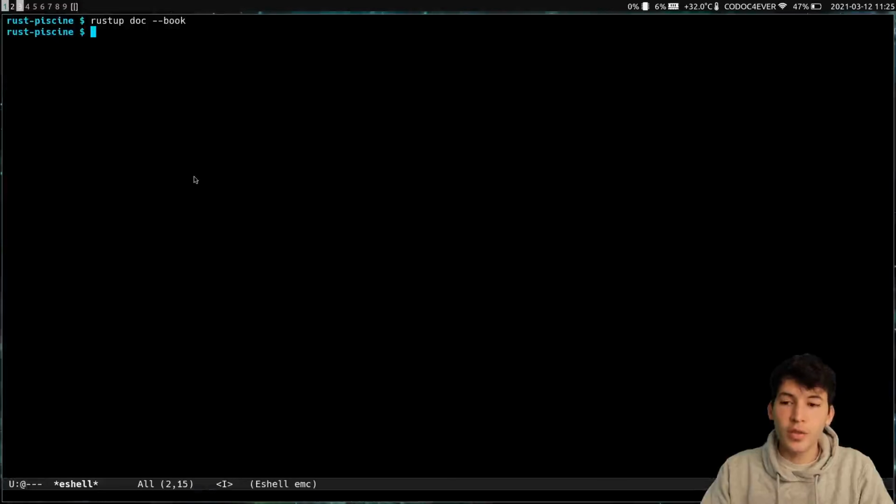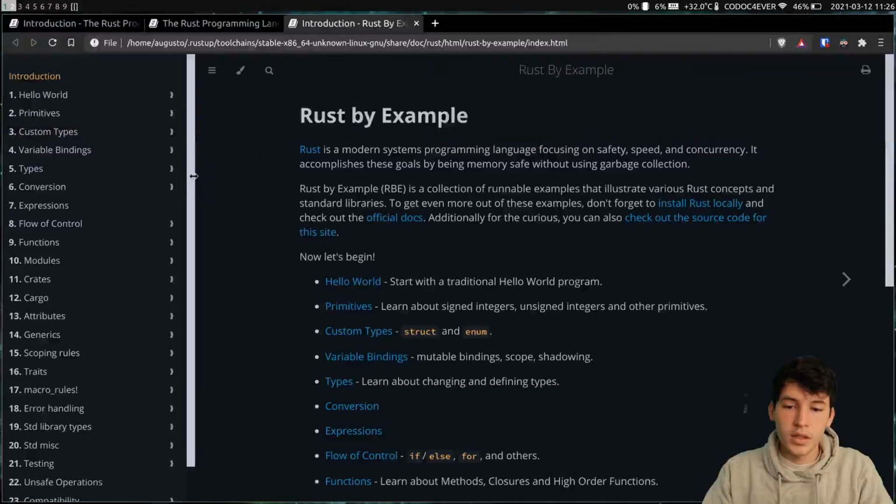Another resource that I recommend is the Rust by Example book. This one is a complementary resource and if you're more of a practical learner, you're going to find it really useful because it completes the information in the book with really useful snippets of code. You also have a copy of this book and you can find it by running the command rustup doc --rust-by-example. And you have it here.